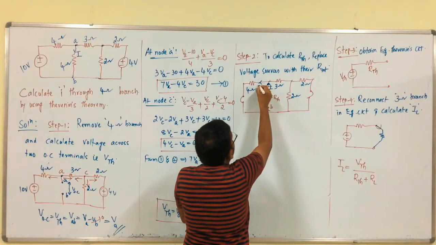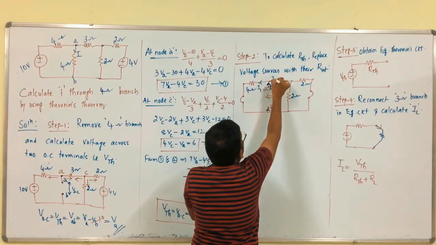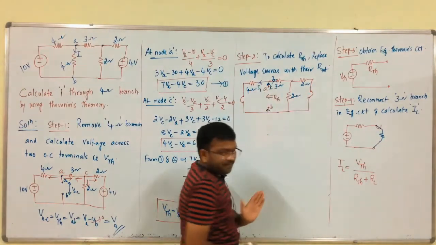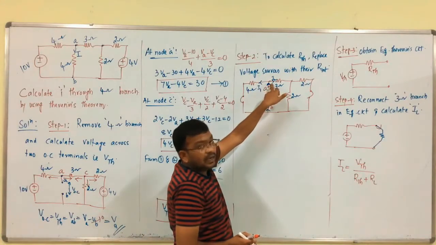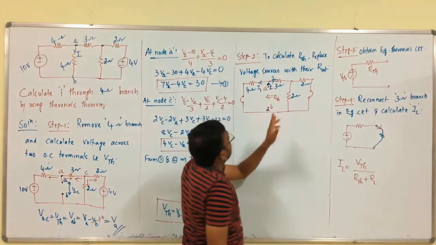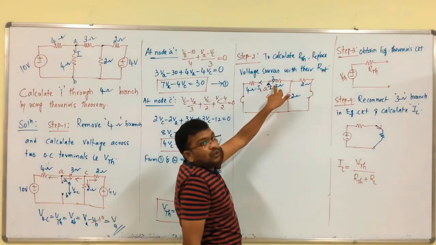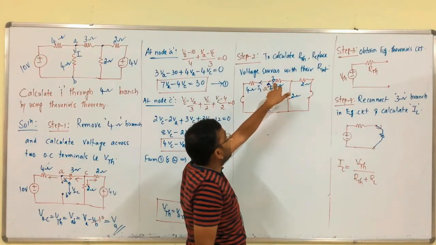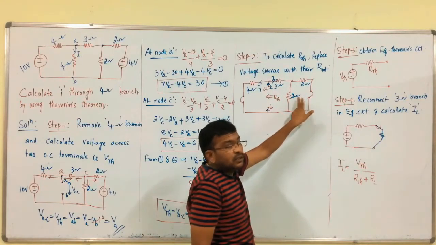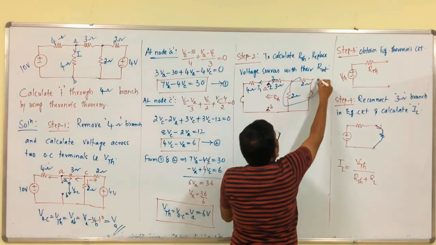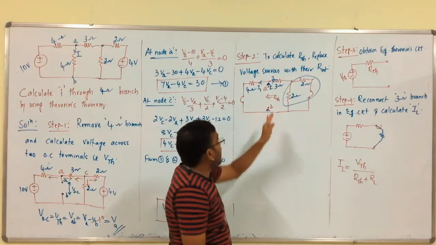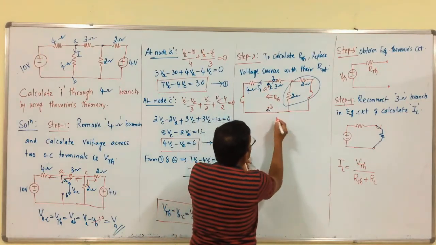This can be split into currents I1 and I2. Finally, this branch is parallel with this whole combination, because the 4 ohm branch is parallel with this entire branch. The same current can be split into these two branches, so these two are connected in parallel, and this whole combination is connected in series with the 3 ohm branch, and the whole combination is parallel with the 4 ohm. So, finally, what does the circuit become?